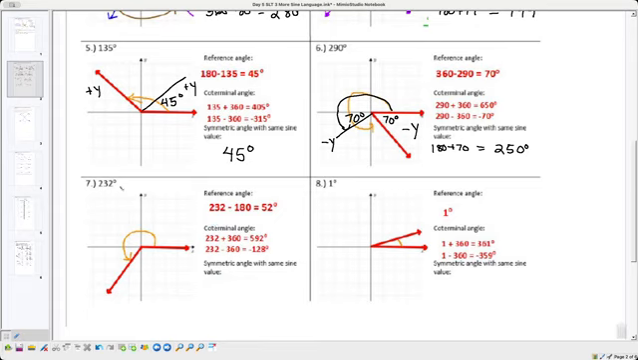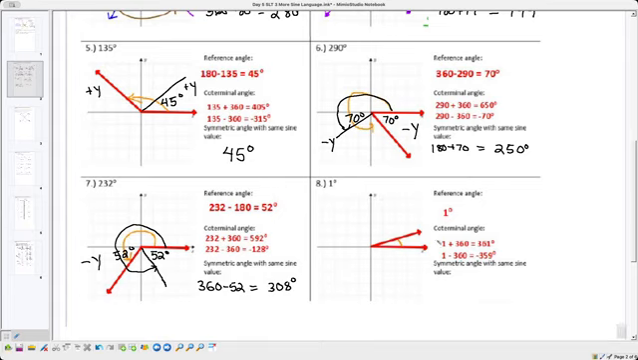All right, 232 has a negative y value and a reference angle of 52 degrees. So I'm going to take that 52-degree angle and drop it in the fourth quadrant where I also have a negative y value. And then to find this angle, I'm going to go 360 minus 52, and I'm going to get